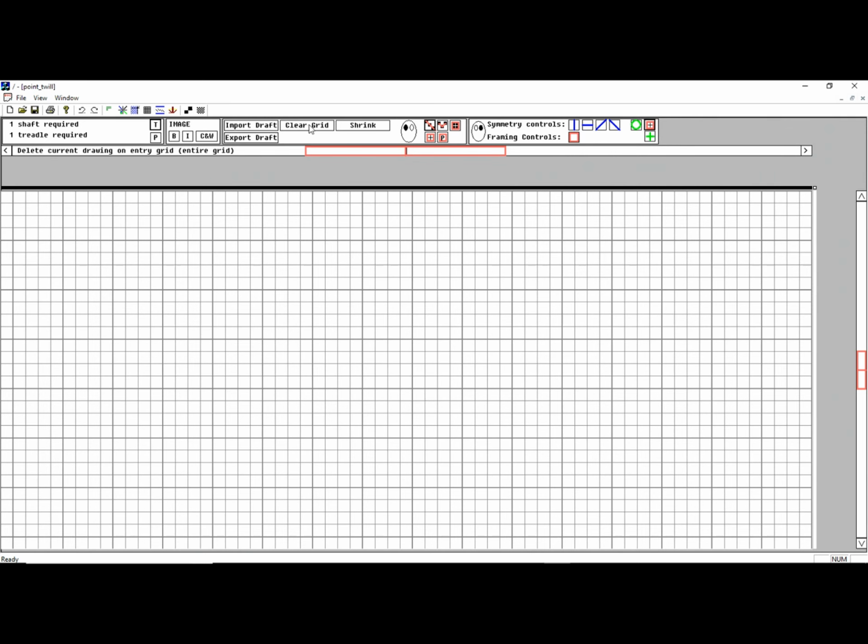If I want to enter a pattern that I've seen someplace and I want to copy it, for example, I wanted to do a twill, I can just enter it that way. The other thing I can also do is use the number keys to enter the pattern that way. So if I select there, a 1 would be a weft thread, a 2 would be a warp thread showing on an intersection. So once I've selected my position, if I wanted to enter a twill, I can do 1,